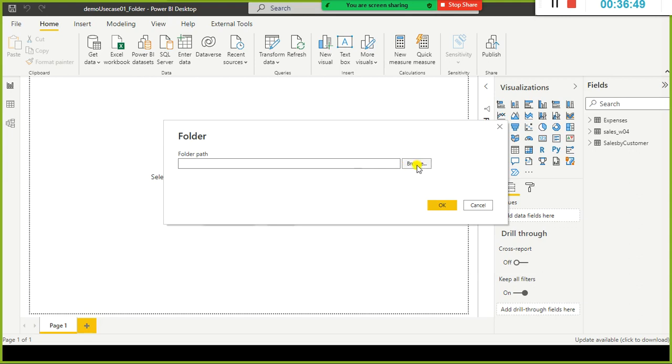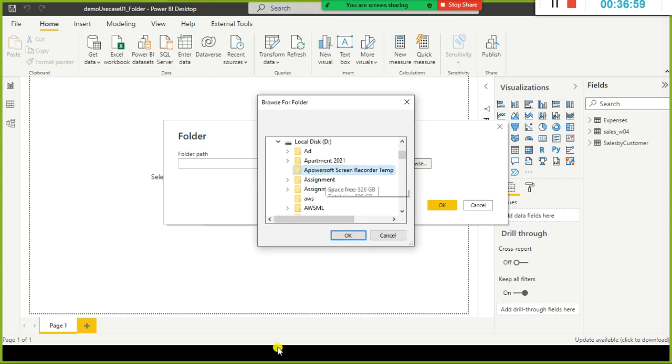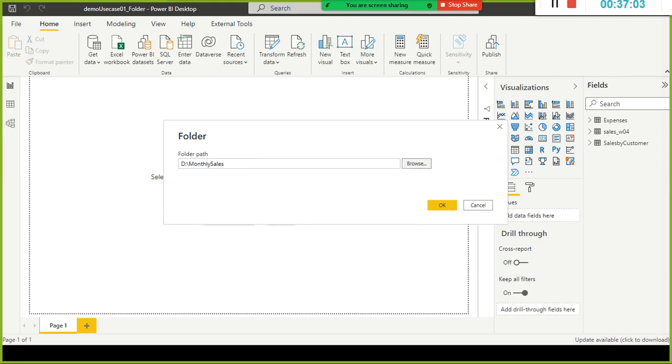Loading one after another takes time. So what I do is I keep all the files in a separate, single folder. I just select this folder and click on OK.